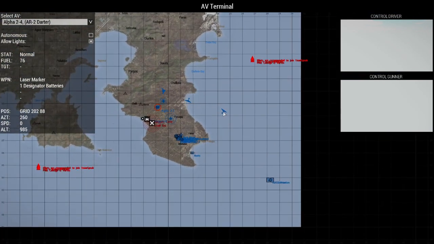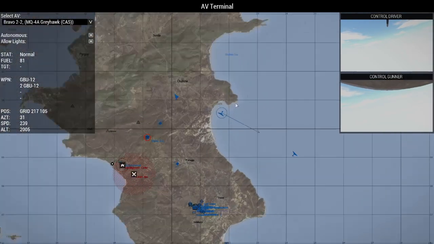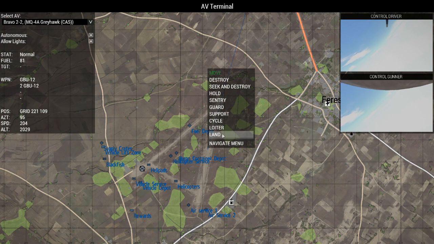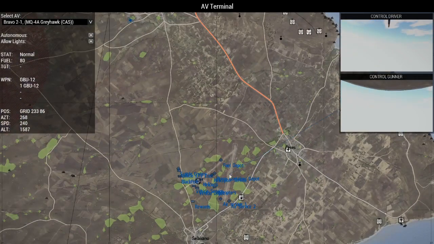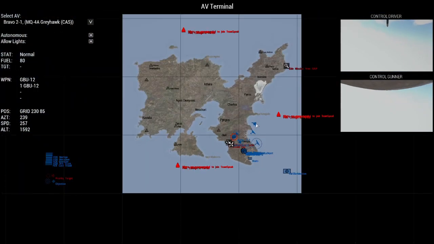Now, final thing I want to talk about is landing. So I'm going to get control of my UAV. You can of course land these yourself, but the easy way is to give them a waypoint on the center of the airfield. Change it to type land, and I'm actually going to up the ante on this one. I'm going to give multiple UAVs the same land order so you can see how they interact with each other on the runway,